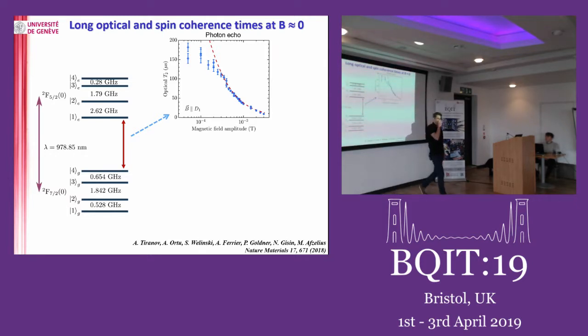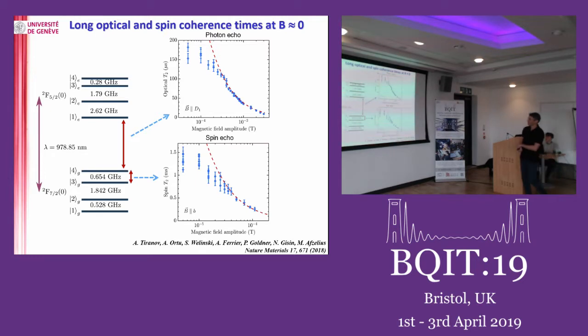Then I told him, well, reverse the field. Maybe we have some bias field. He reversed the field, and then it just went up. And we got more and more coherence time. So we had some bias field. And then we did the same on the spins, and by trying to cancel the bias field, we went up to 1 millisecond. And look at the scale here.